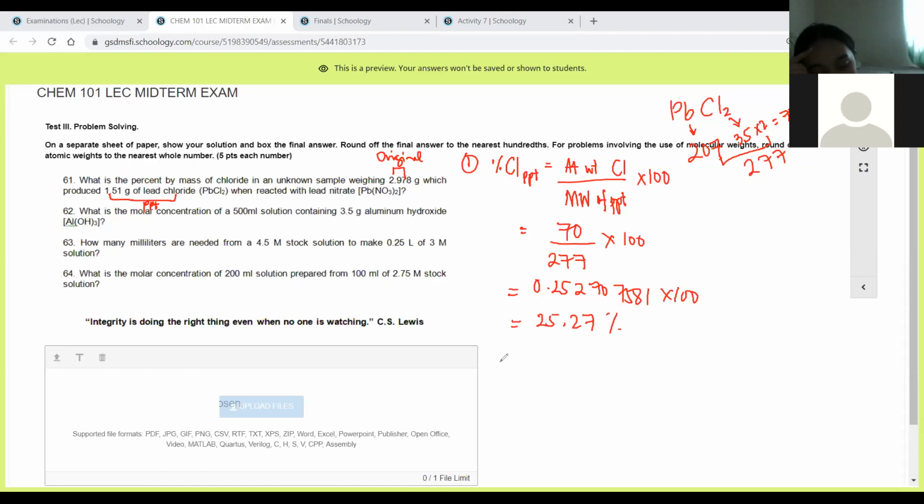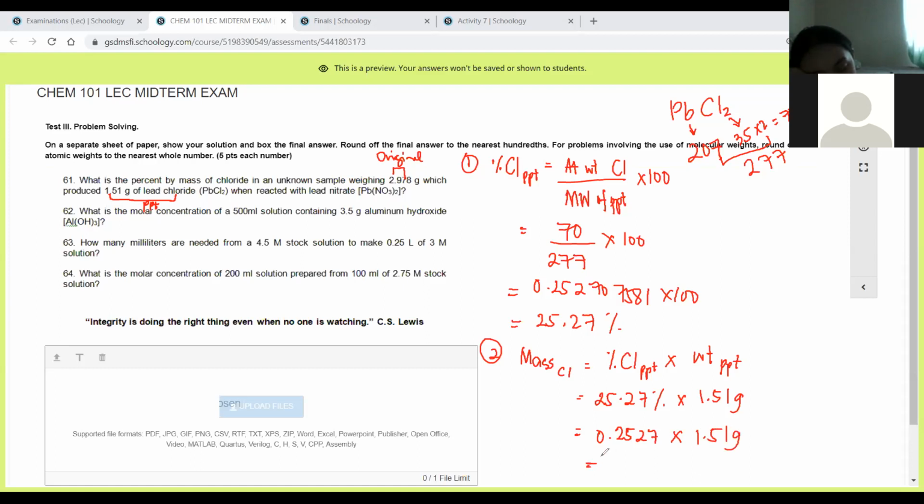But we are not yet done. Step 2 here is the computation of the amount of chloride in the precipitate. So this is the mass of the chloride in our precipitate. This is just multiplying the percent chloride of the precipitate times its weight. So that's 25.27% times the weight given, which is 1.51 grams. Make this a decimal, so this becomes 0.2527 times 1.51 grams is,